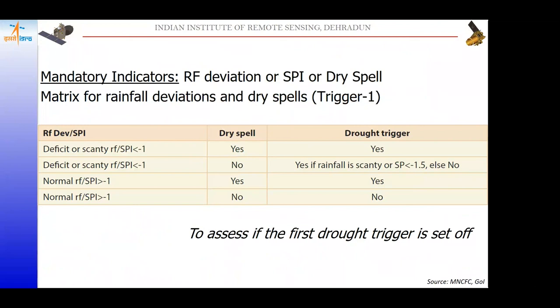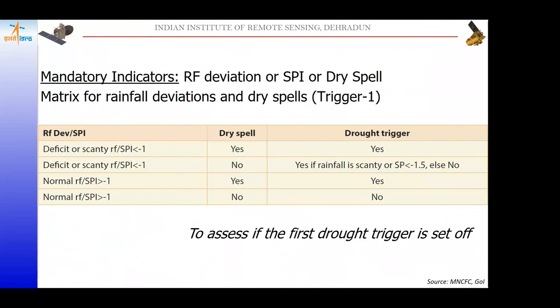So very first, the mandatory indicator. The mandatory indicators are those indicators which are compulsory to define the drought situation over a particular area, and that is solely dependent on the rainfall data sets. So in the mandatory indicators, they use rainfall data sets and compute rainfall deviation, standardized precipitation index, and dry spell data sets. And they generate a combination, or you can say a matrix of conditions, which defines